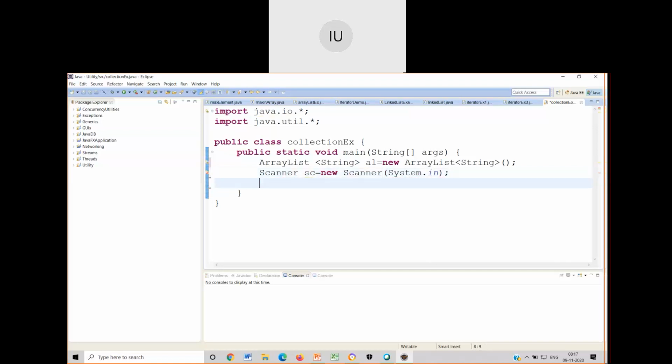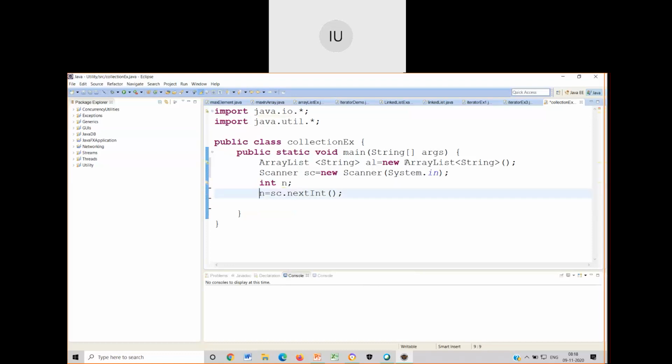Once I have the scanner class object, I need to know how many strings you want to store in that array list. So that I will read. Let me write n is equal to sc dot next int.